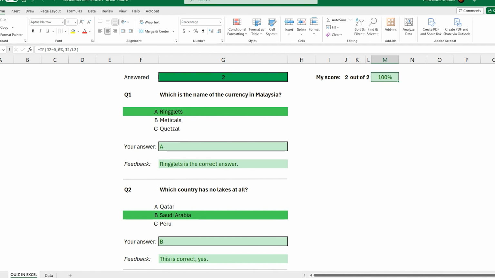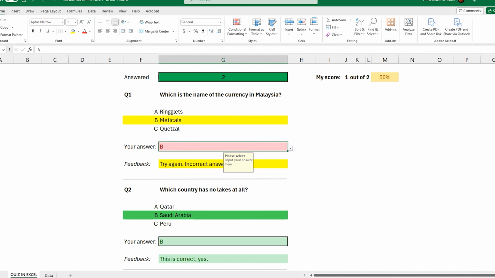And here what we want to do is, first of all, we want to divide, so equal sign, correct answers divided by total number of questions, enter, just to have the percentage achieved, or the total correct answers in percentages. If it's not showing in percentages, you can go here, click on the percentage, and that's it.